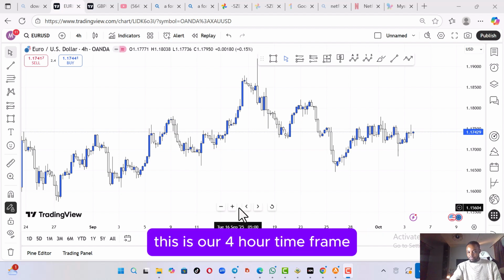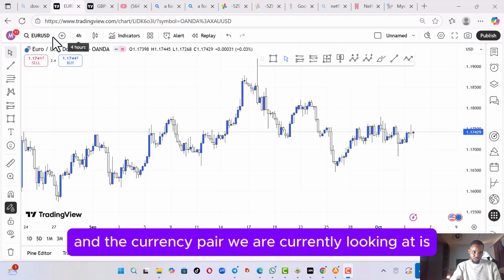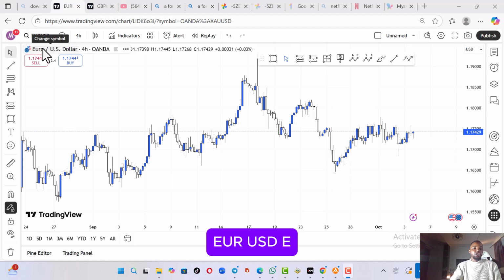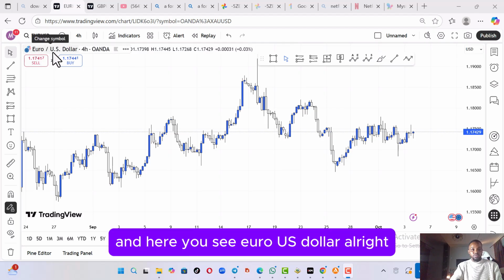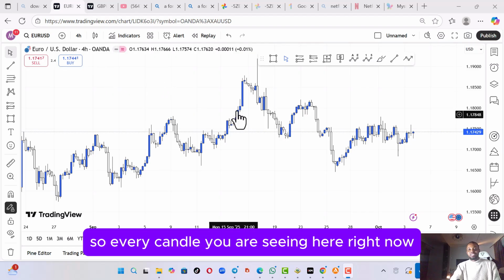This is our 4-hour time frame, as you can see, 4H, and the currency pair we are currently looking at is EUR/USD, Euro US dollar, right? 4H, 4-hour time frame. So every candle you are seeing here right now